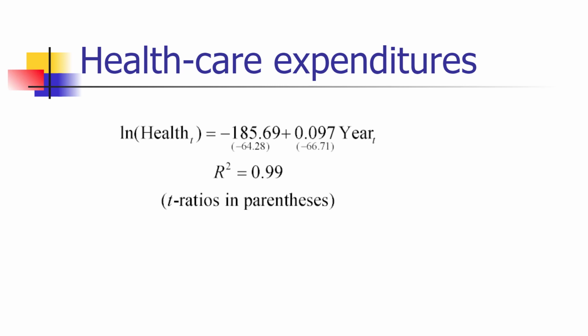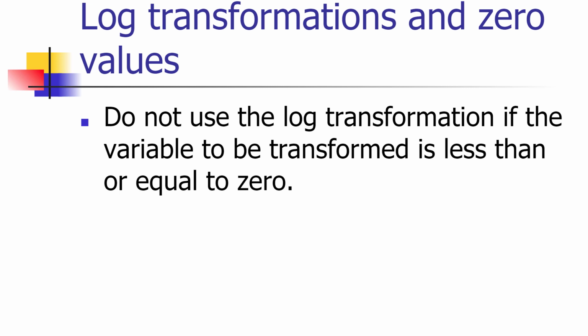And you notice the r-squared for this relationship is 0.99, which suggests that healthcare expenditures really were growing at an exponential rate during this time period. Now, the reason we don't have more recent data there is some changes in the healthcare market slowed down the rate of growth after this period, particularly the growth of HMOs and other managed care type arrangements, so that the model would not fit quite as well in more recent years.